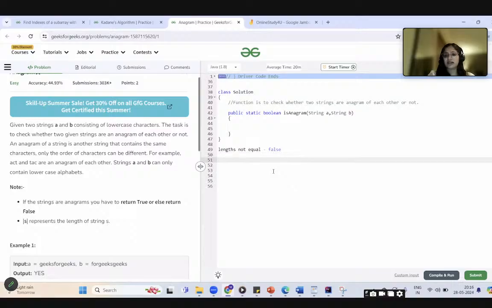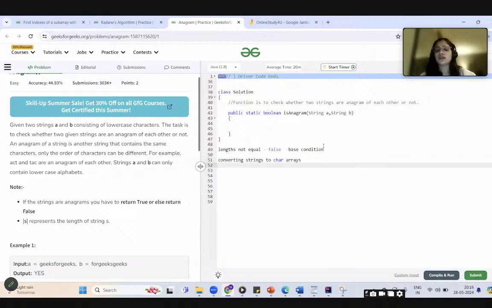We have to use a character array, right? So the first step was the base condition, and the second step is converting strings to character arrays, right? Now, we can also think of other data structures that we can use.